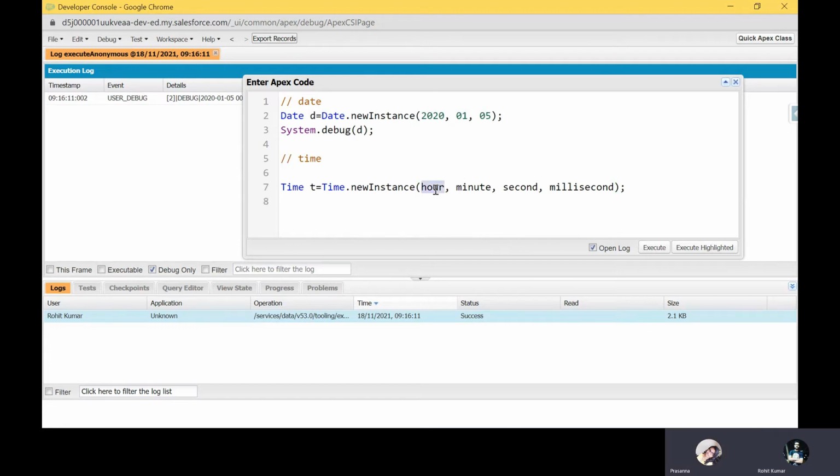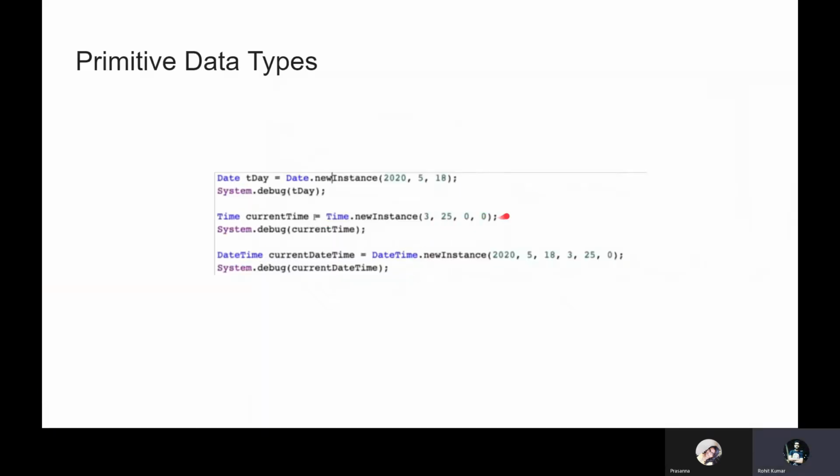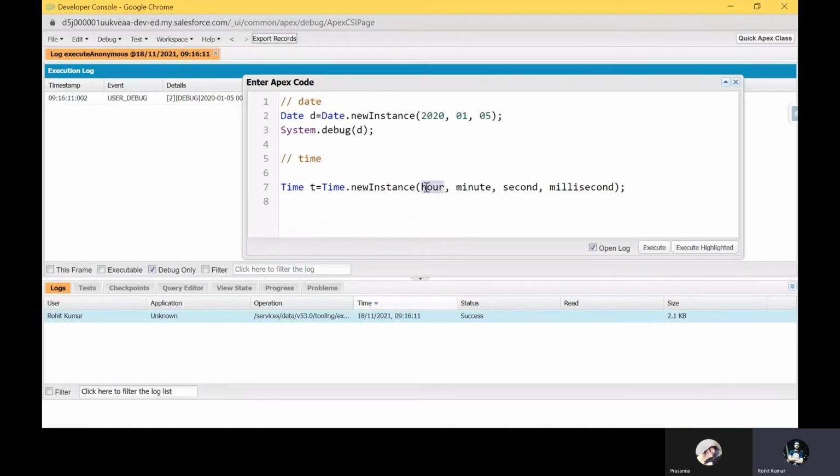You have to pass the hour, minute, second, and millisecond, right? So how to pass that? You can pass hours like 3, minutes 23, seconds 45, and milliseconds like 88, or you cannot pass this one. As well, it will work for you like that.